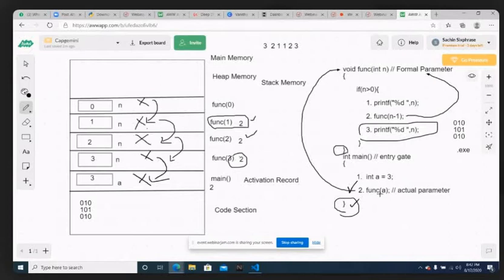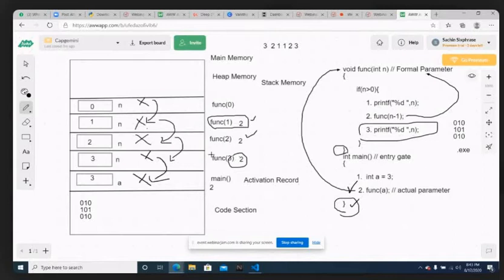You execute line by line. At some point, when there is a normal function call, not recursive, you enter into the function and execute all the lines. After executing all the lines inside the function, you come back to the same line and continue with the third line, fourth line, and move on. The same I'm telling here in the recursive. You're executing line number 1, line number 2, and at line number 2 you have a function call. You have to go to the first line of the function, and after that is completed, you have to return back to the same line and continue the remaining lines.